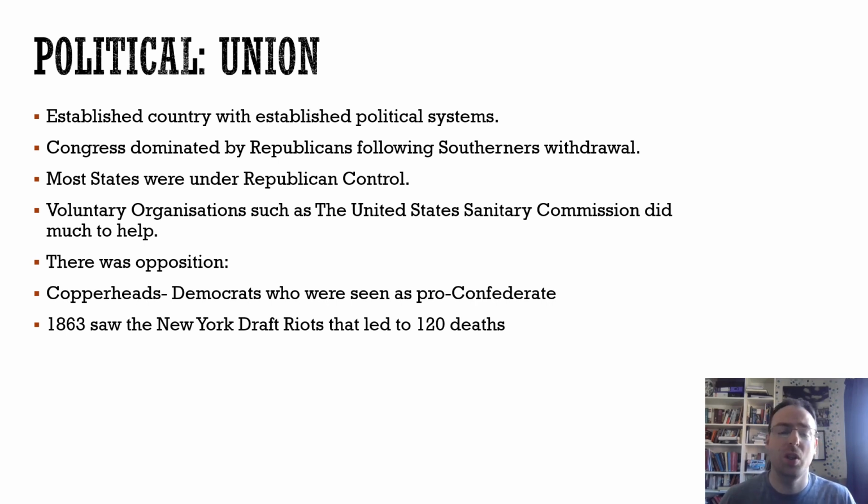Now, there was opposition. There's a group that emerges referred to as the Copperheads, after the copperhead snake, who are Democrats who were seen as being pro-Confederate. Not all Democrats were seen as pro-Confederate, but this group, referred to as Copperheads, were. A bit later on, we will see issues emerging with opposition. Probably the most famous example, not right at the beginning of the war, a couple of years later, is the New York draft riots, which led to 120 deaths and took about 20,000 soldiers to actually subdue